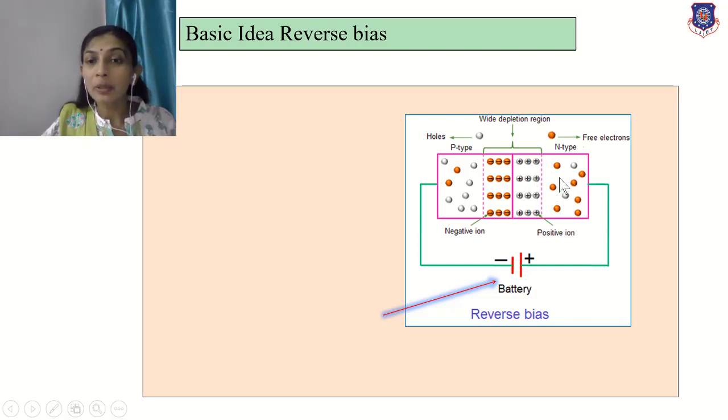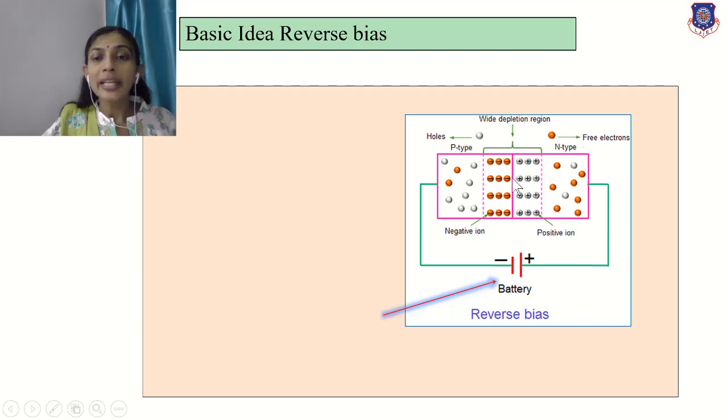What is the opposite ion of an electron? Those are the positive ions. So there will be a collection of negative and positive ions in the depletion region. Why will the depletion region be created? Because of the opposite journey of holes and electrons, they are not traveling toward the junction, but toward the battery terminals, according to the respective majority carriers and battery terminal.